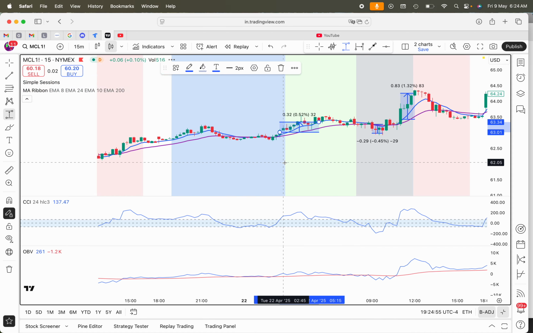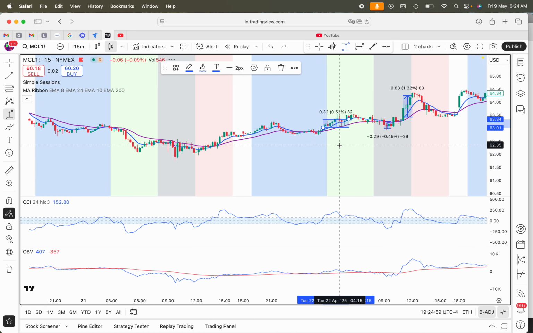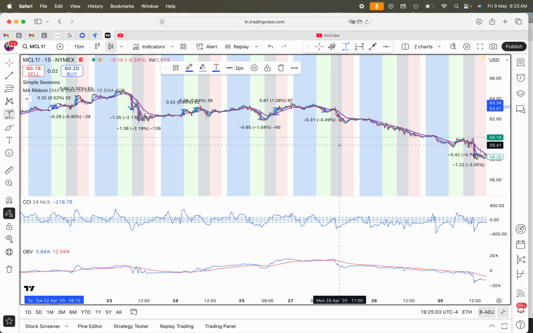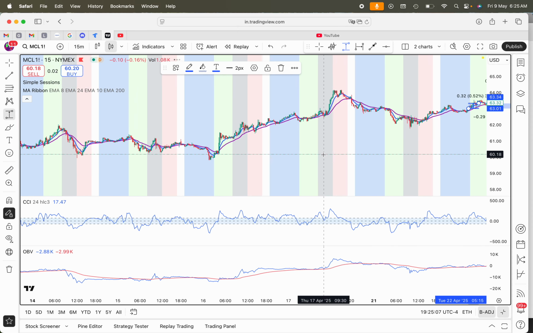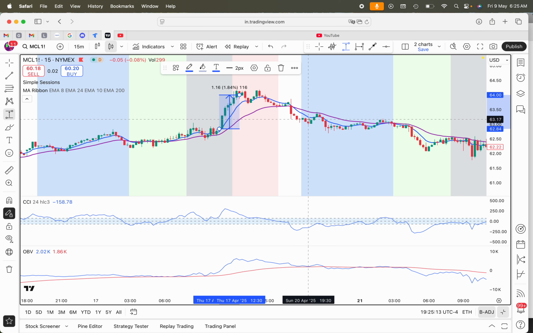Anyway, you can just see how many winners there were. I don't even know if there are any losers in that, actually. And I don't even know how many trades that was. Just quickly doing a back test. 1, 2, 3, 4, 5, 6, 7, 8. Had to at least be 20 trades I just did then. I like to go through and do 100 and then just add them up, because that'll give me a strike rate